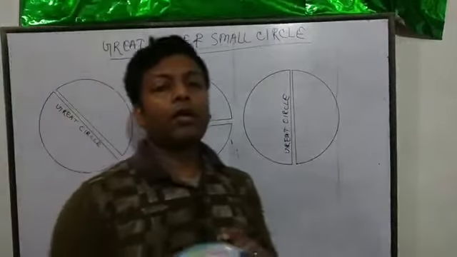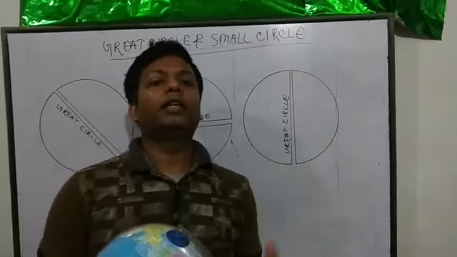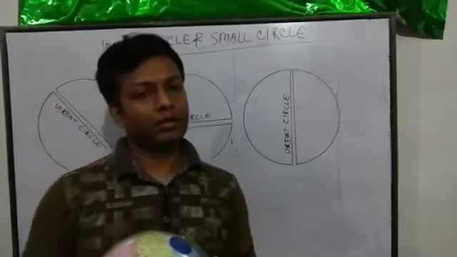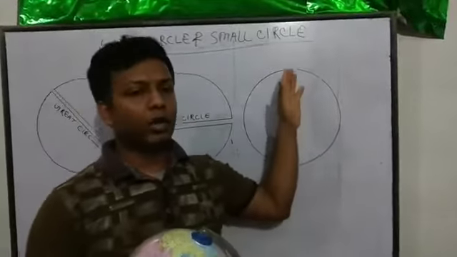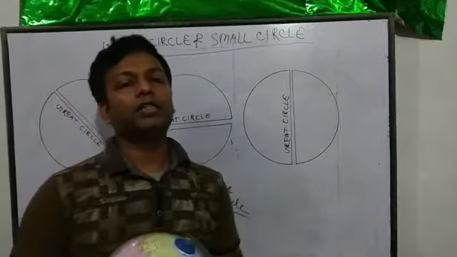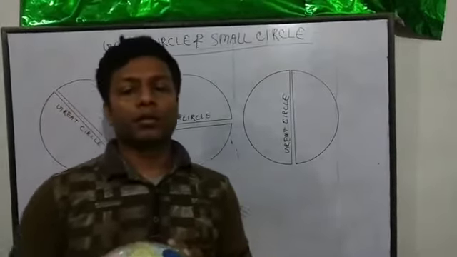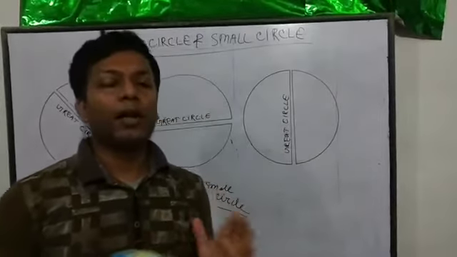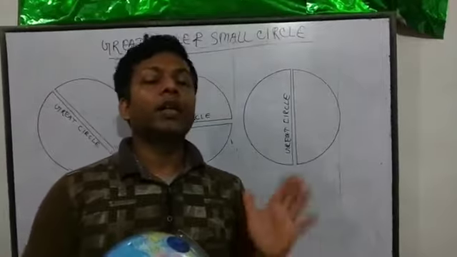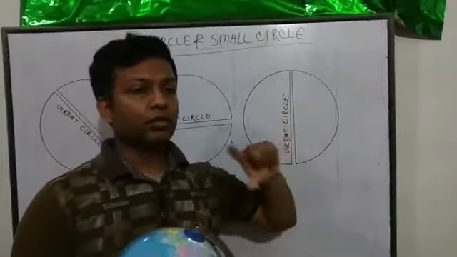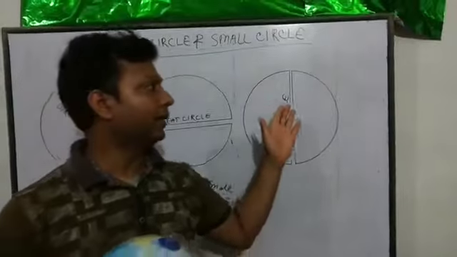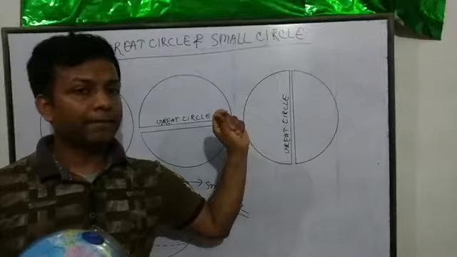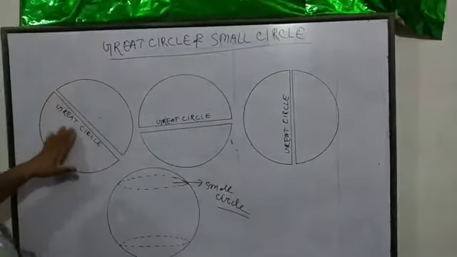Equator, all the latitudes are smaller circles. But when it comes to talking about meridians of longitude, they make a complete circle. How many? We have 180 meridians almost to make a complete circle. So we have 180 halves of the earth, equal halves. So, the great circle like that.